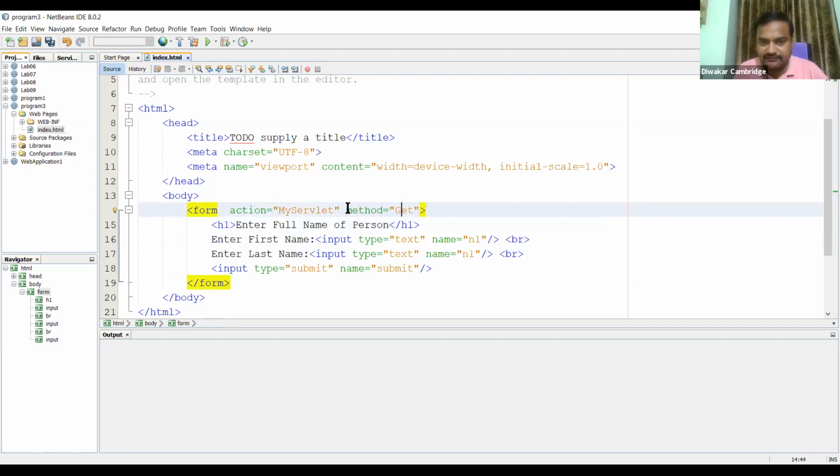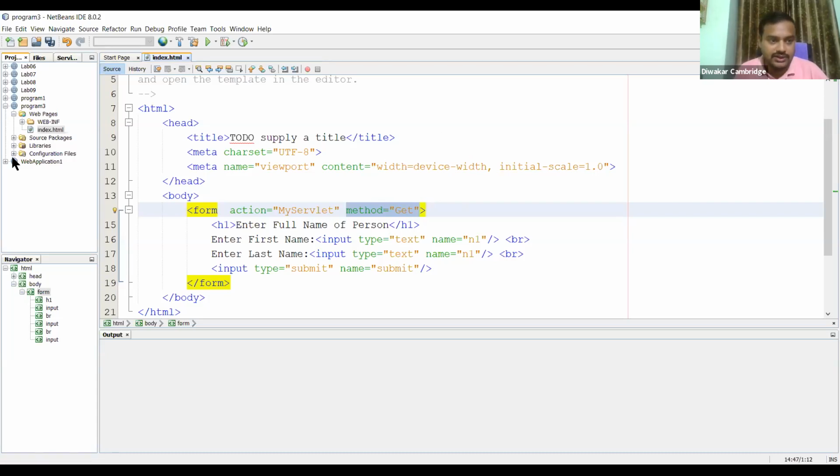If you're not writing the get method, the default way of passing the parameters to the servlet is the get method. Here I have explicitly specified the get method. This form information I'll be submitting to the servlet using the get method. As I told you, if you're not specifying it, the default is the get method.